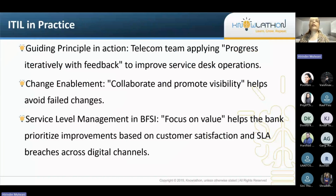Now, how does ITIL look in real life and how you can put it in practice? We've picked up just 2-3 examples from a multiple day training program. Now, when I talk of guiding principles, one of the guiding principles in ITIL is progressing iteratively with feedback. Now, this comes from the agile way of working. It comes from DevOps way of working, usually from the software development lifecycle space. But this you can use in your service desk operations, implementation of tools. Our daily stand-up calls are an example of this. If you want to understand how this is actually done, then you must attend the ITIL 4 Foundation course to figure